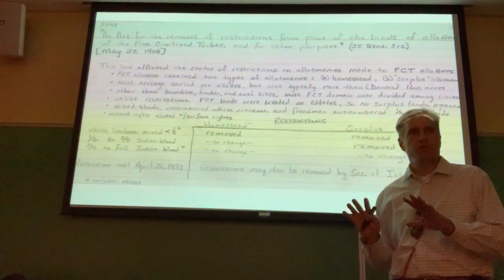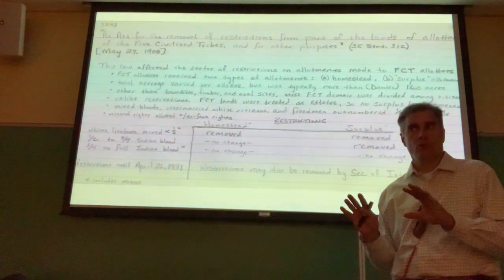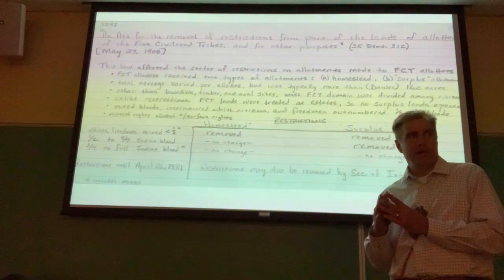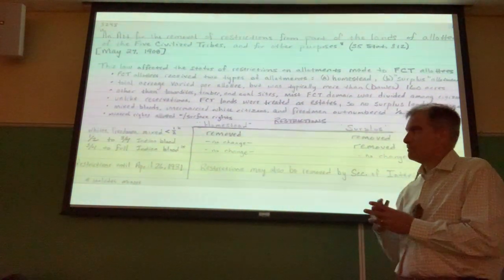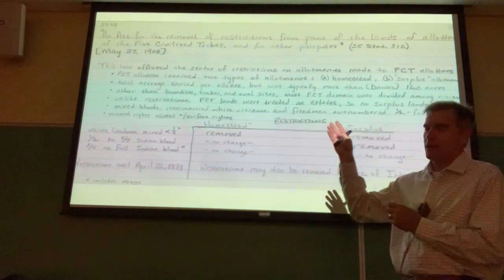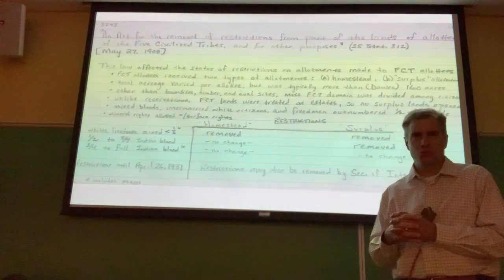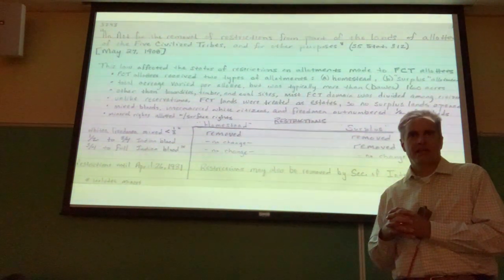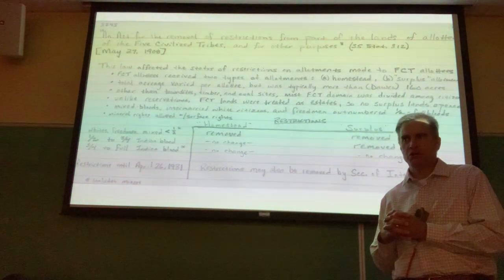But some of the oldest, largest towns in Indian Territory got started in the 1870s, and so by the time of allotment, they're 20, 25, 30 years old. A town that's 20, 25, 30 years old